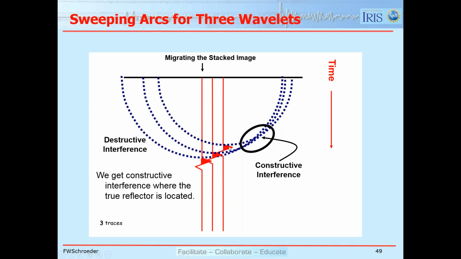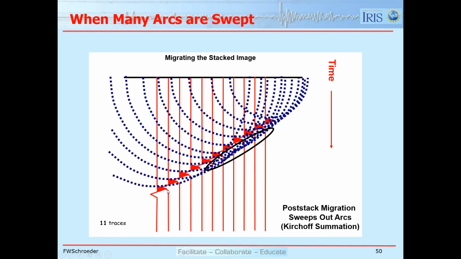We can take several reflectors. We can swing these hypothetical arcs, and where they constructively interfere would be where the interface actually is positioned. I should mention that the radius of these circles is related to the average velocity to the depth where that reflection occurs or where the interface occurs. So here we're using 3 traces. If I use 11 traces, again, I'm interested in where that peak starts. I can swing out arcs based on the average velocity, and where I have the constructive interference,